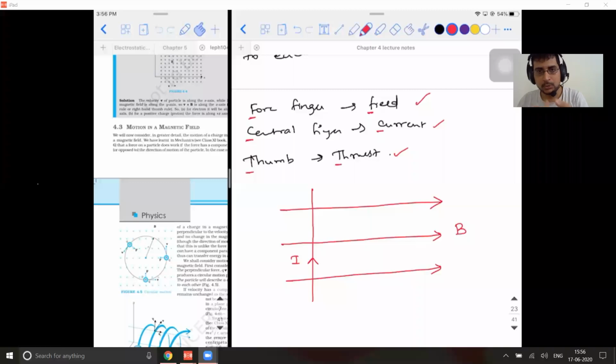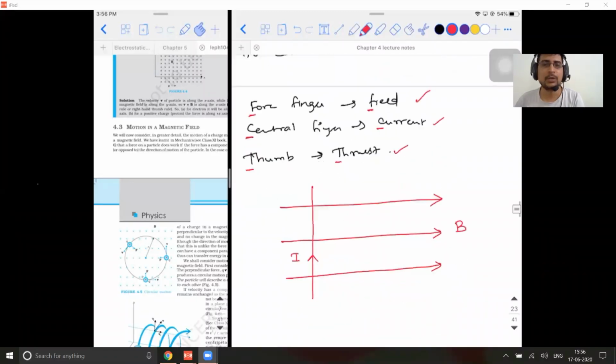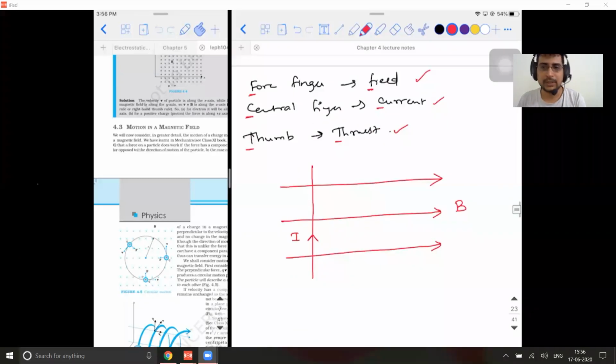So either you can use this rule to find out the direction, or you can use the vector. Whichever is comfortable for you, you can go with it. I'm repeating it again. So don't extend all the three simultaneously. First extend the forefinger, fix the direction of field, then extend the central finger and adjust. Either it will be in the downward direction or upward, adjust it, then extend the thumb. The thumb will give you the direction of the resultant. Okay, so this is how you do. I hope there is no doubt. It's a very simple concept.